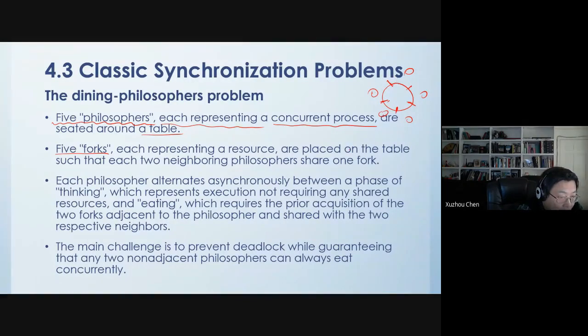These 5 forks are placed on the table such that each two neighboring philosophers share 1 fork. Okay. Now each philosopher alternates asynchronously between a phase of thinking, which does not require any shared resources, and eating. So these philosophers,